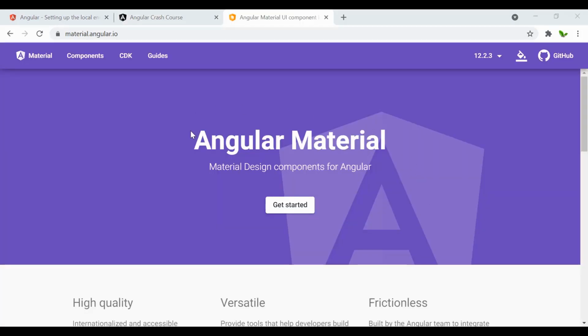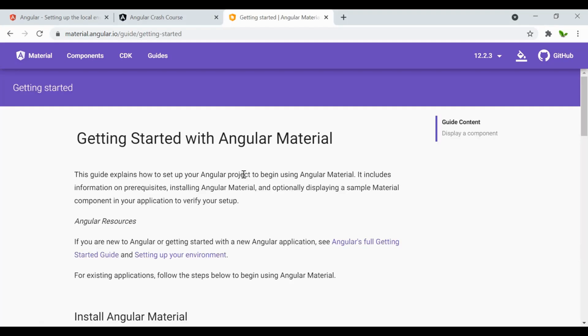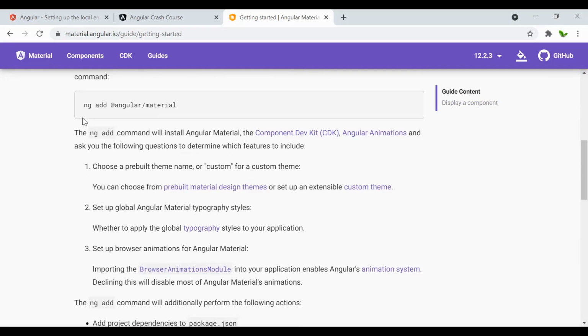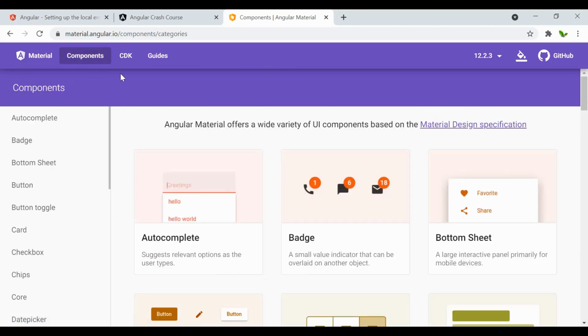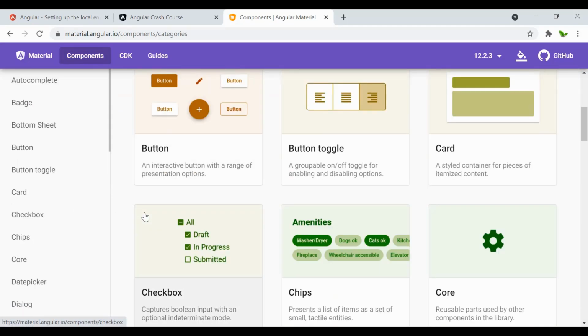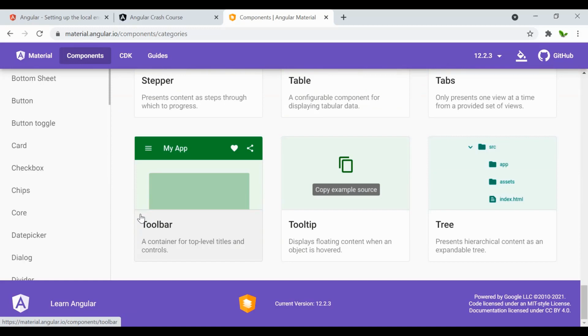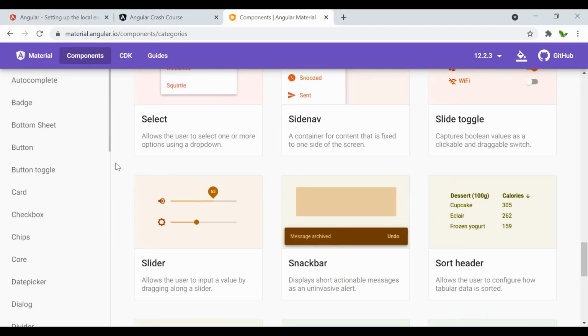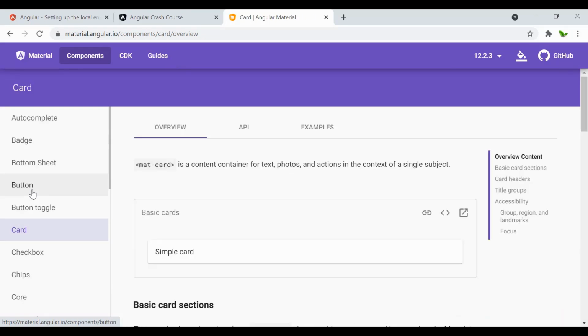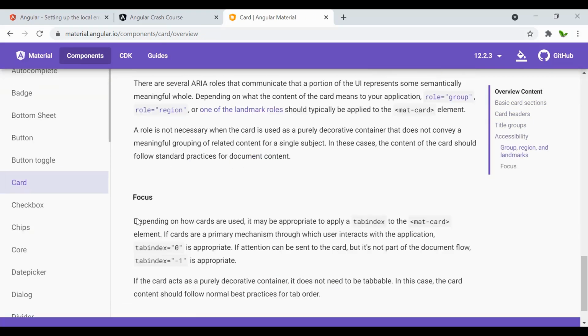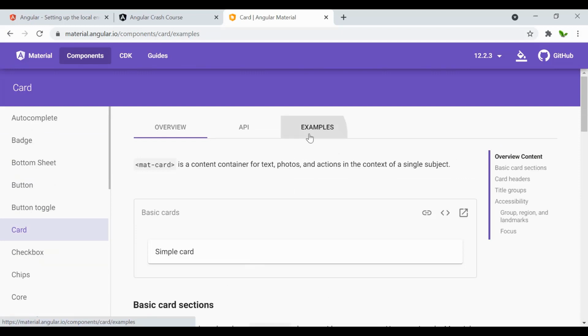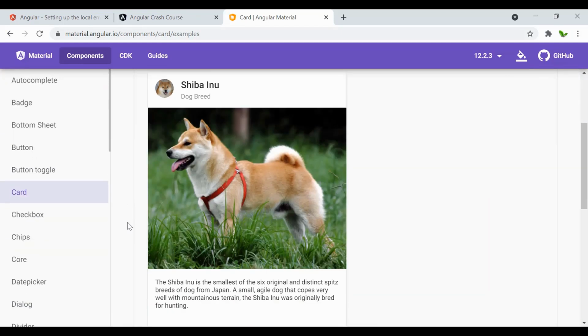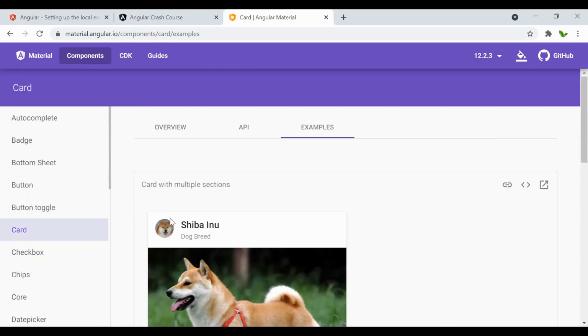Next step is to install Angular Material. With this, we can see that there's a lot of options that we can use. So now let's just navigate quickly to the components, and here you can see there's a lot of components that we can use by just installing this library. The component that we need to use is this card right here. Now let's quickly navigate to the example, and here you can see this is the card that we will need to use. So to install,